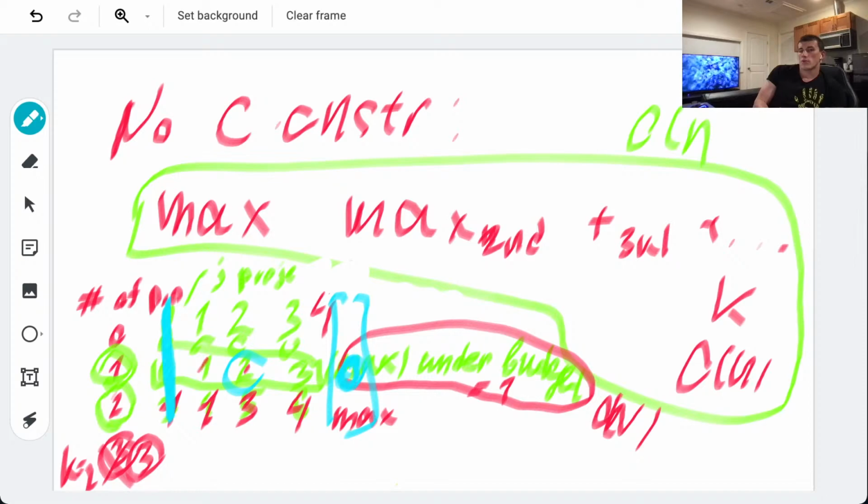The problem is budget is more like some k minus 1 step. Do we always select one by one, or do we? Yeah, I don't see any.